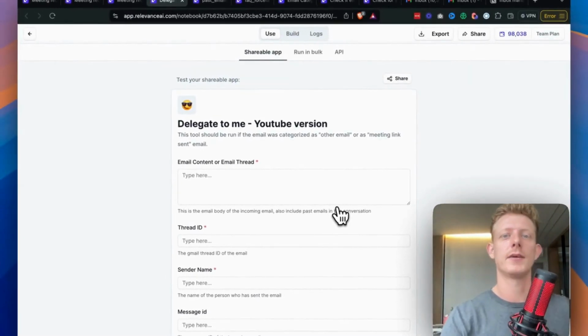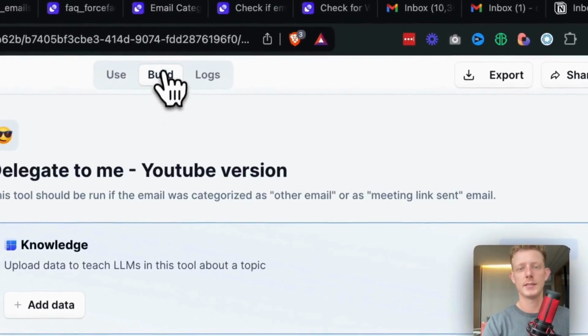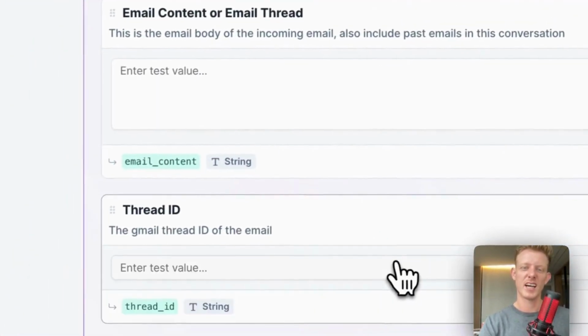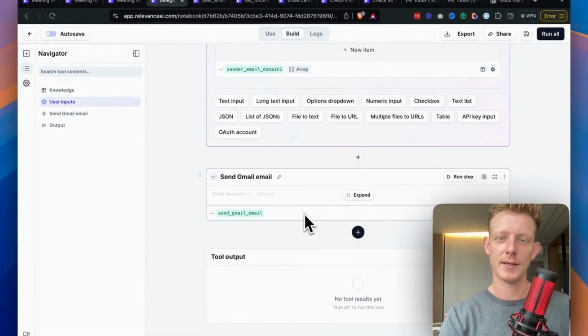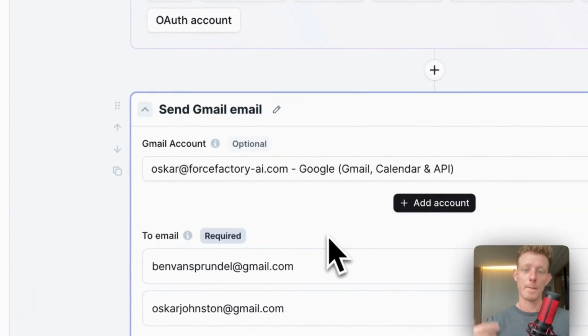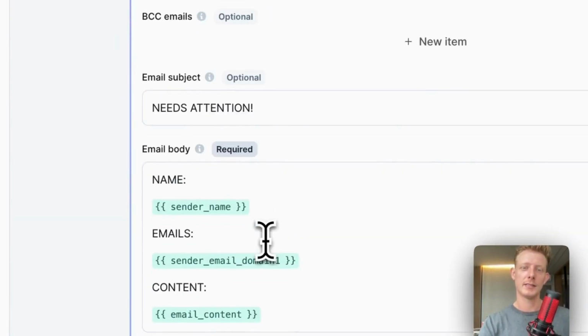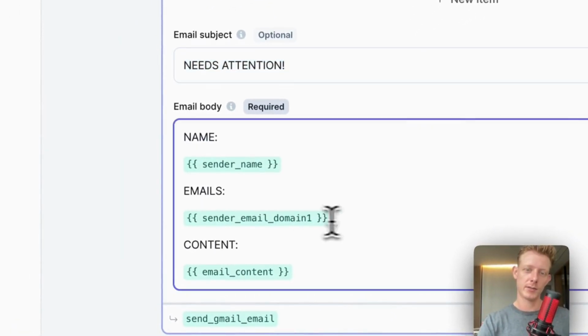Delegate to Me. So in this case, Delegate to Me will be, if it's not categorized in any of those other categories, it will be delegated to me. So the way this is set up is I don't even really need these inputs, but all it does is it sends an email to my personal email, saying needs attention. And then I also add in the email content so I can read it inside of my